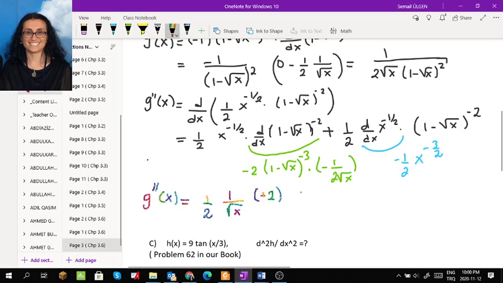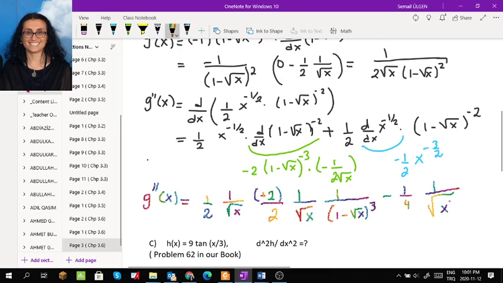okay, we continue here, and we have 2 here, so divided by 2, and we have 1 over square root of x again here, coming from here, and this comes from here, and the positive power is 1 minus square root of x to the third power, and then we have these terms plus negative 1 over 2 here, 1 over 2 here, it makes negative 1 over 4, so I'm going to erase the plus here, and I'm going to make it negative,